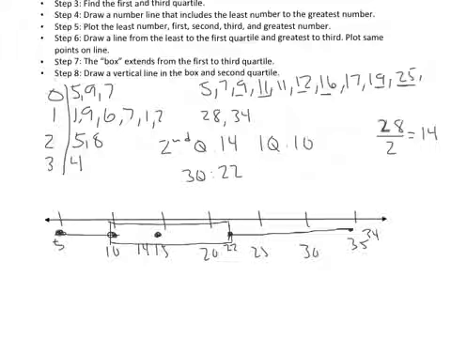My quartile box contains my second quartile, which means I need to draw a vertical line right where my median, or second quartile, would be. After you do that, you're all done. So you end up getting through that problem. You have your least number at 5, first quartile at 10, median at 14, third quartile at 22, and your greatest number at 34, and that's how your box and whisker plot should look. Something like that. Hopefully it's a little bit neater than mine. So we're going to move on to another